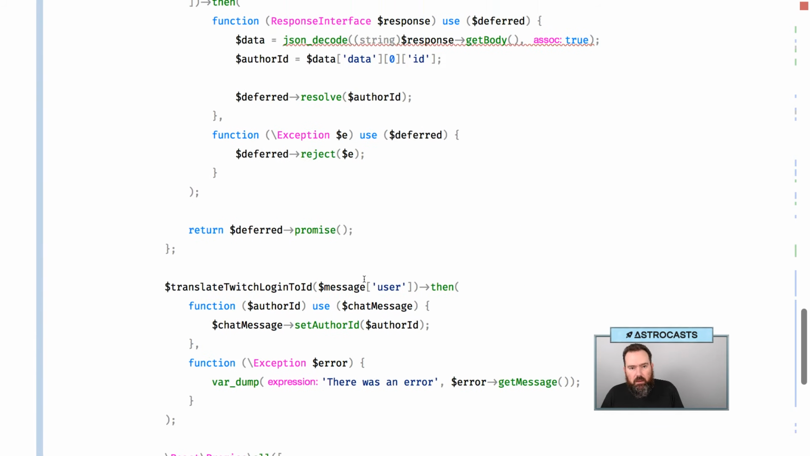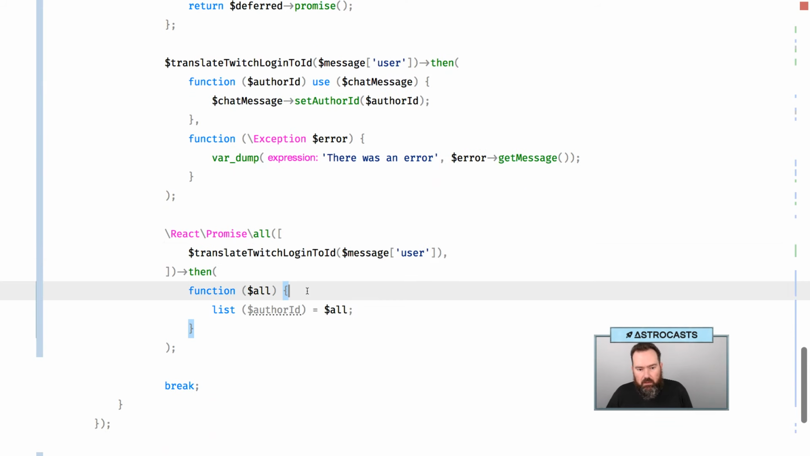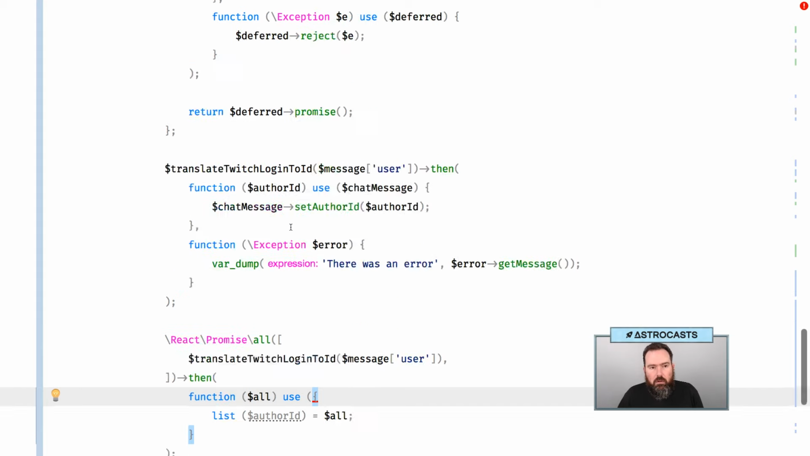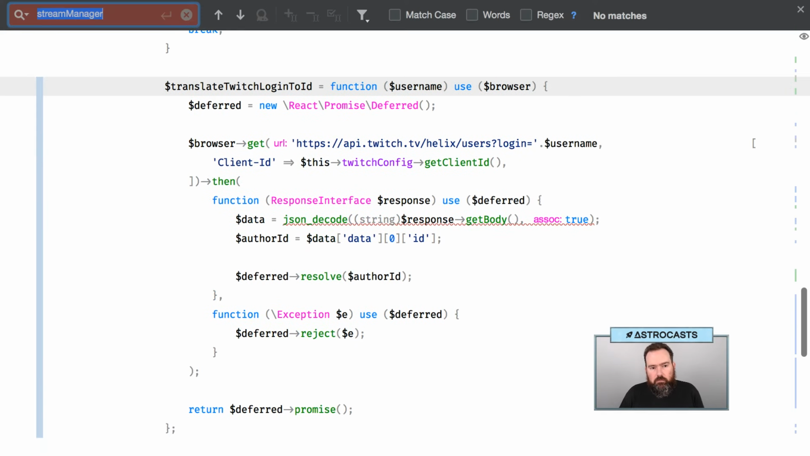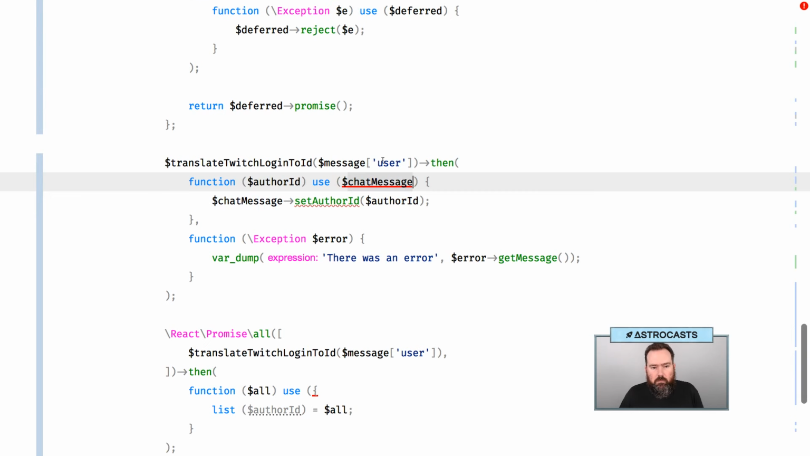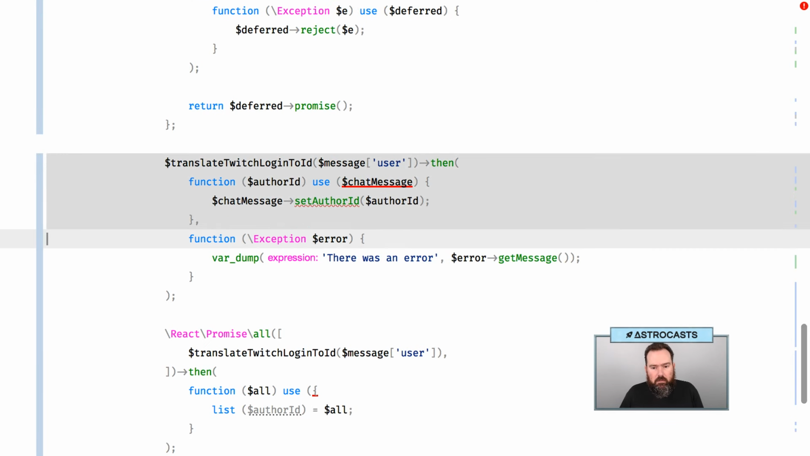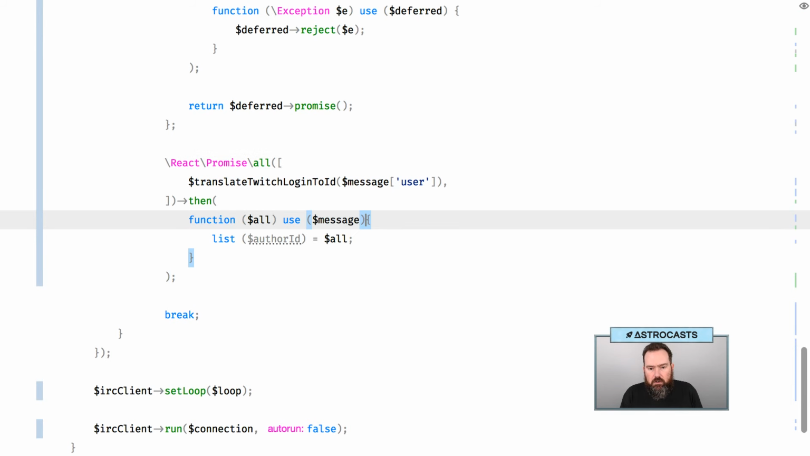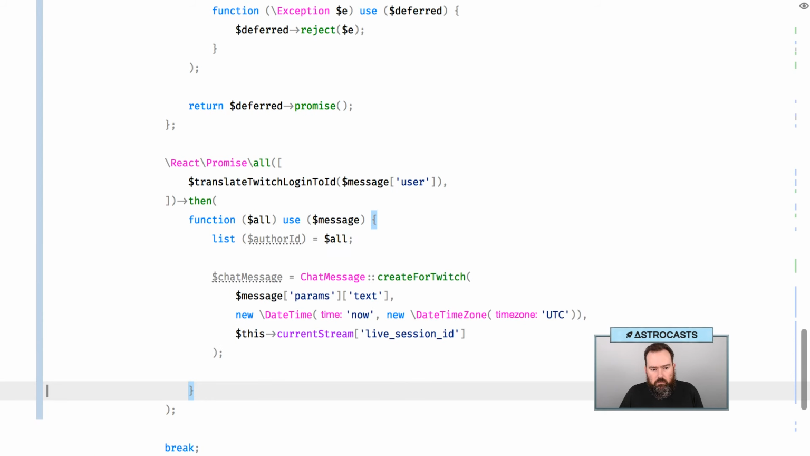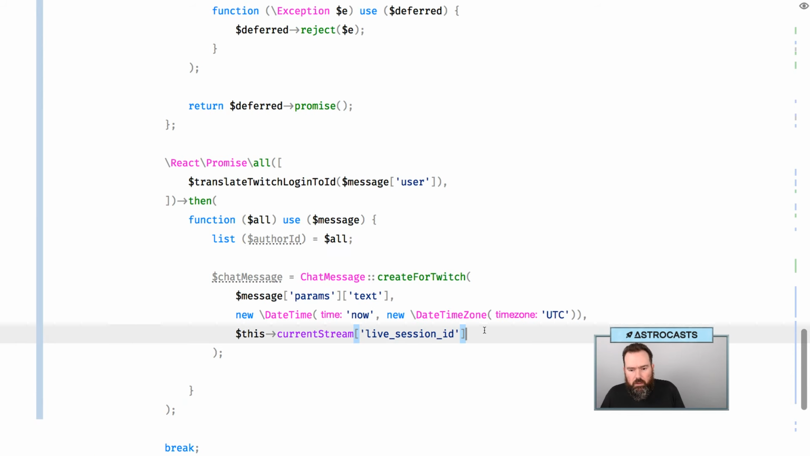So at this point now, I need to pass in, use, let's see, what was it called? Chat message. Actually, it means that I don't have to do this anymore. So I'm not going to do this. I can use message and